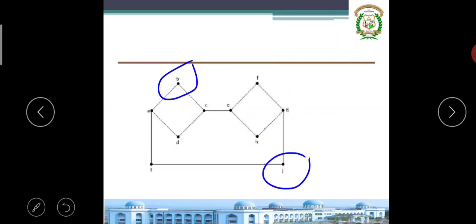That's called a connected graph. I'm taking B and G. If I start here, the connection is there between B to C. Like you say, connected graph means all vertices are connected, or there is an edge from one vertex to another vertex, or we can travel from any vertex to any vertex. Okay, there is no break. That's called a connected graph.